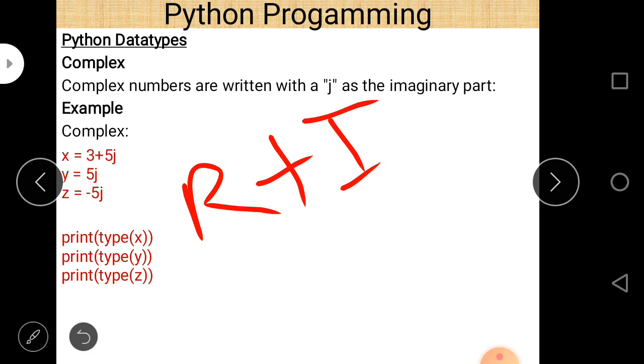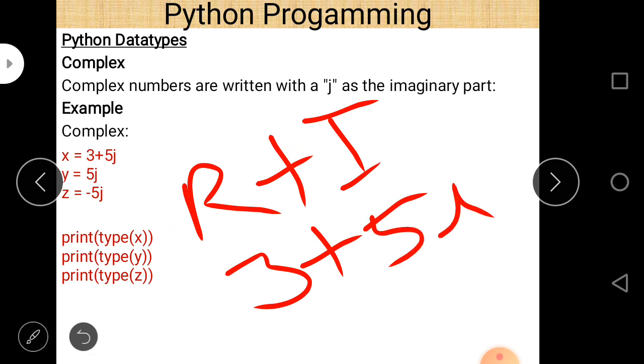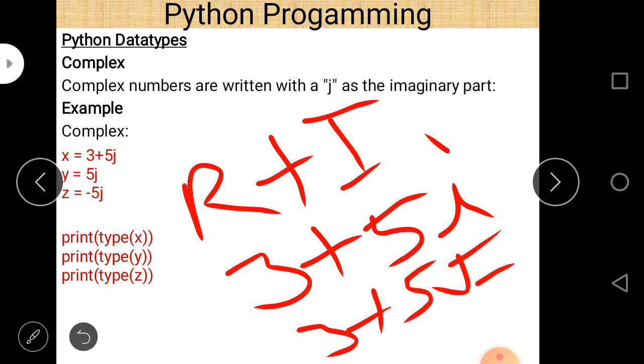They can be written as 3 plus 5i, generally in mathematics, which means 3 plus 5 under root minus 1. The real part is not necessarily required to represent a complex number. If it is not there, it will be considered as 0.